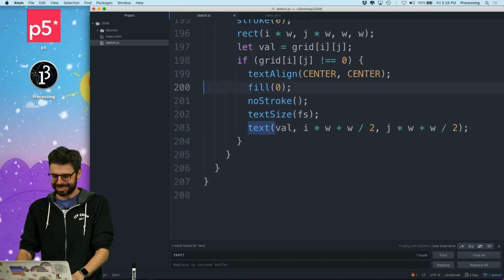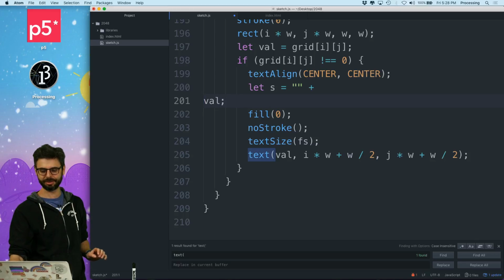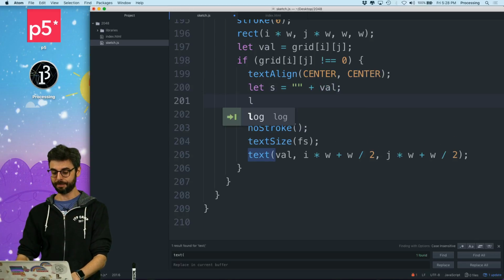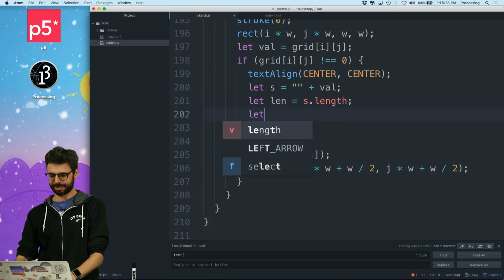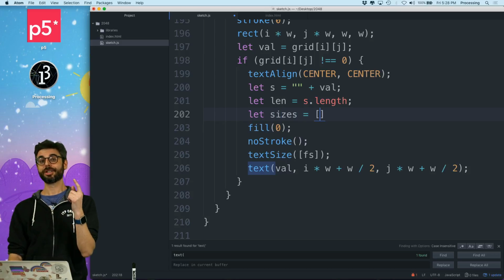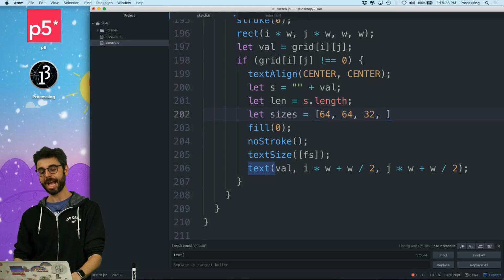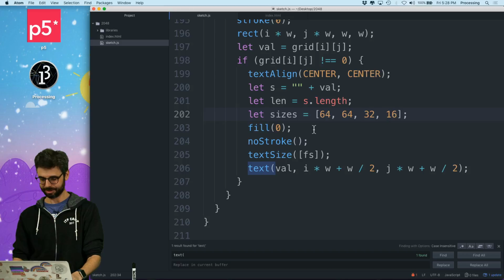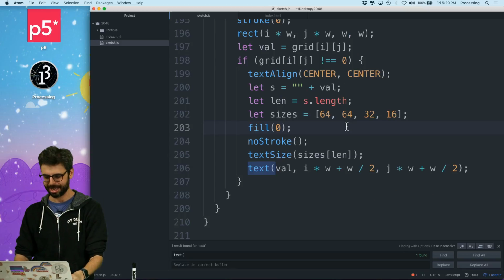Like, let's get rid of this for a second. Let's just convert it into a string. So this is me making a string from the value. And then I want to get the length of that string. And then the text size should be, I can make an array, right? Sizes equals, okay, so if it's 1, I want it to be 64. If it's 2, I want it to be 64. If it's 3, maybe 32. And if it's 4, 1024, 2048, let's make it 16. So now I just want to say sizes based on that length. So I could just see how long is the string and then pull one of these from the array, with the length being an index into that array. And that should give me